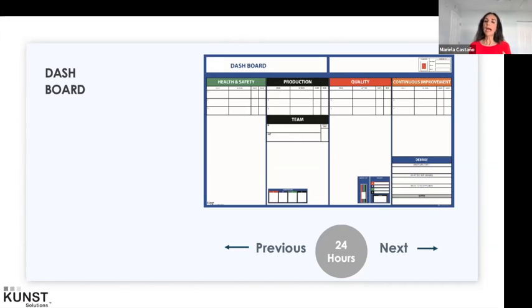When we look at the dashboard, it's not different than the dashboard that you have in your car. When you are driving your car, you know the speed that you're going at, the level of gas that you have, if there is a need to make a change in your oil or no, and so on. When you look at the dashboard in your business, you should be able to tell the state of your business within a glance. Within 30 seconds, you should be able of understanding your P&L,